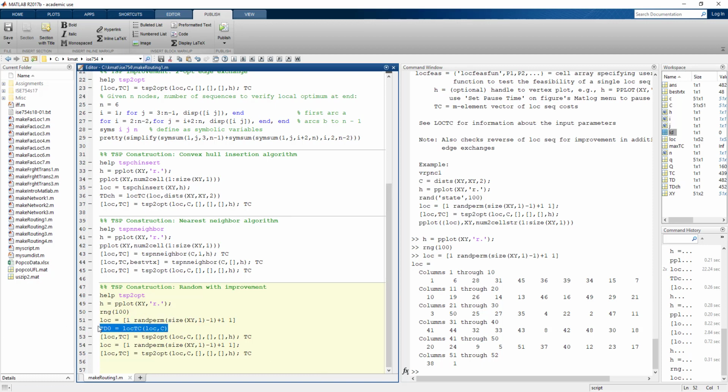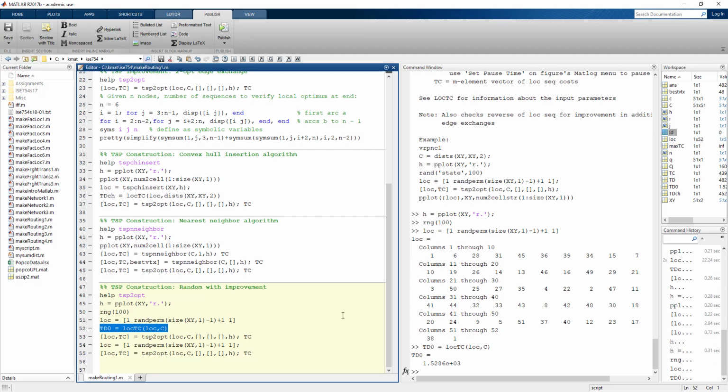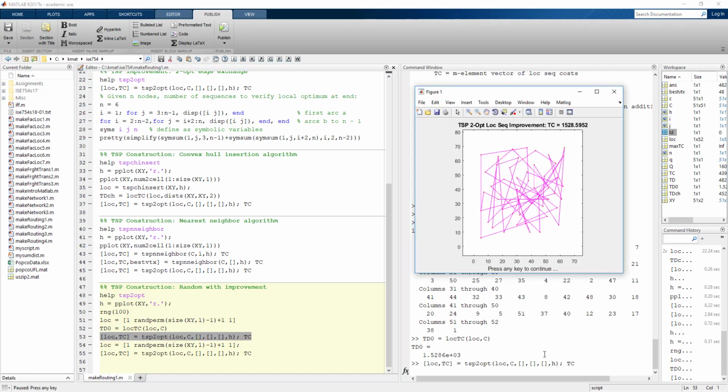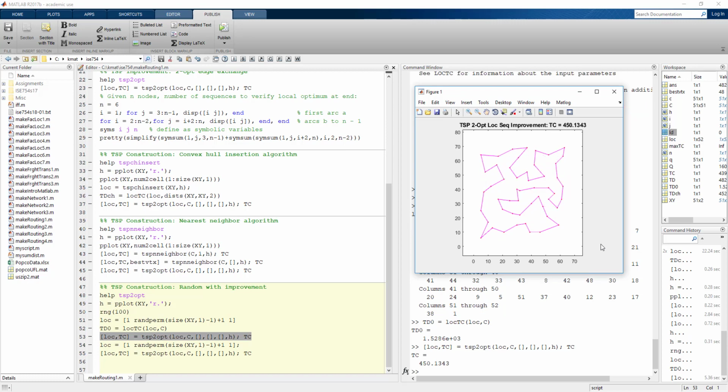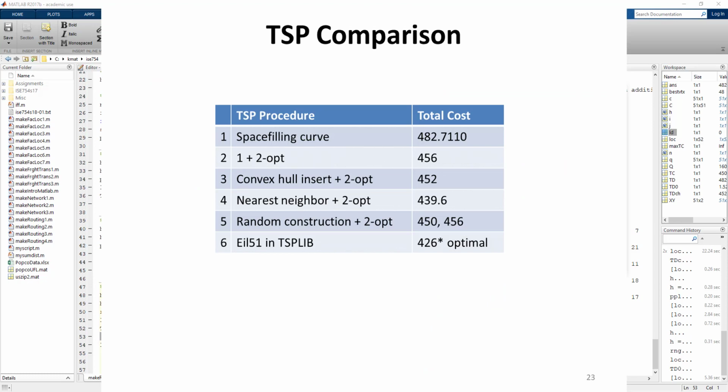If I look at what is the total distance of that, it's over 1,000. So it's double the worst solution I've gotten with any of the construction procedures that I've looked at previously. But from this really bad starting point, can I take that location sequence and then just by using the 2-opt procedure, improve upon it? And you can see it starts off with quite a mess, but very quickly the 2-opt improvement procedure is able to get the result down to 450, which is actually my second best procedure so far,